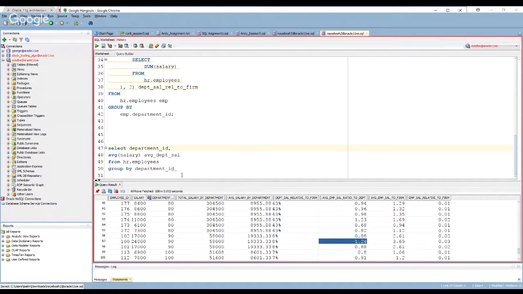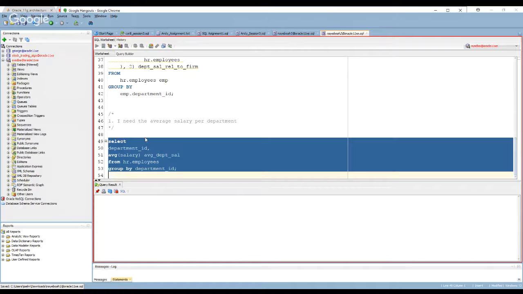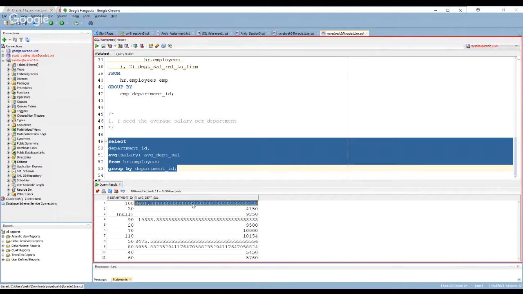This is the first piece that I would hope you guys will put together when you're solving this problem. You say, all right, I need a couple of pointers. I need two things. First, I need the average salary per department. So let me see if I can capture that first. Let me see if this query gives it to me. When I run it, it's going to give me the average salary.